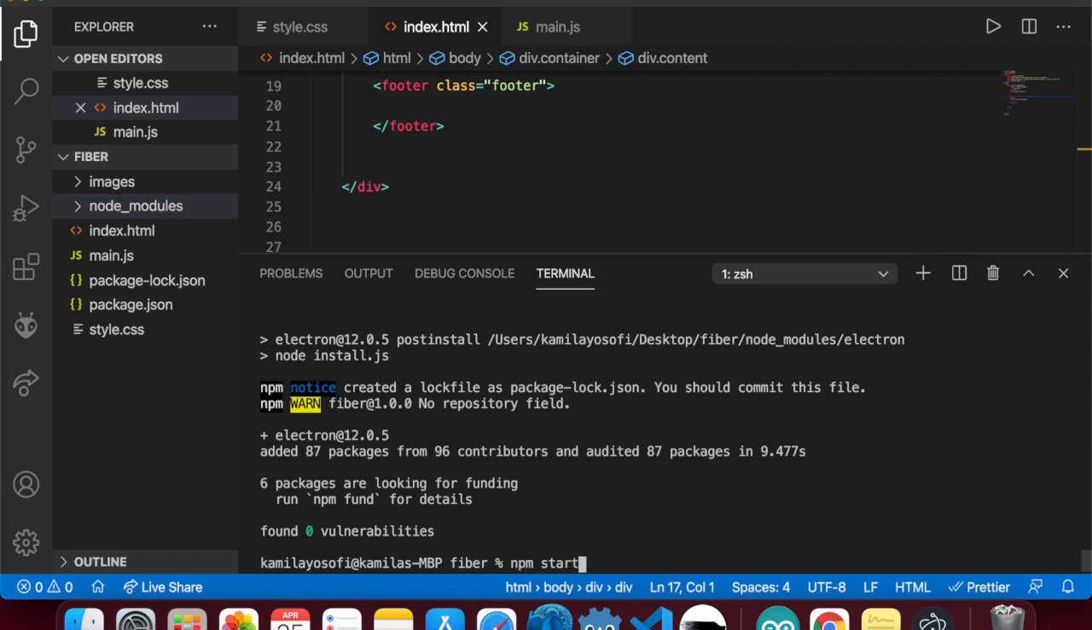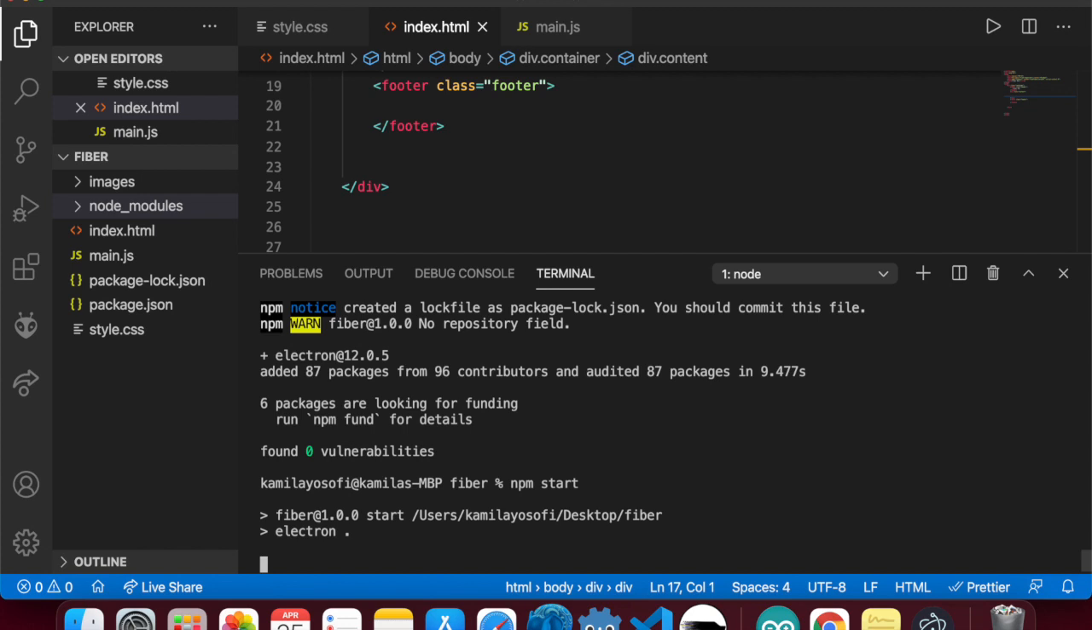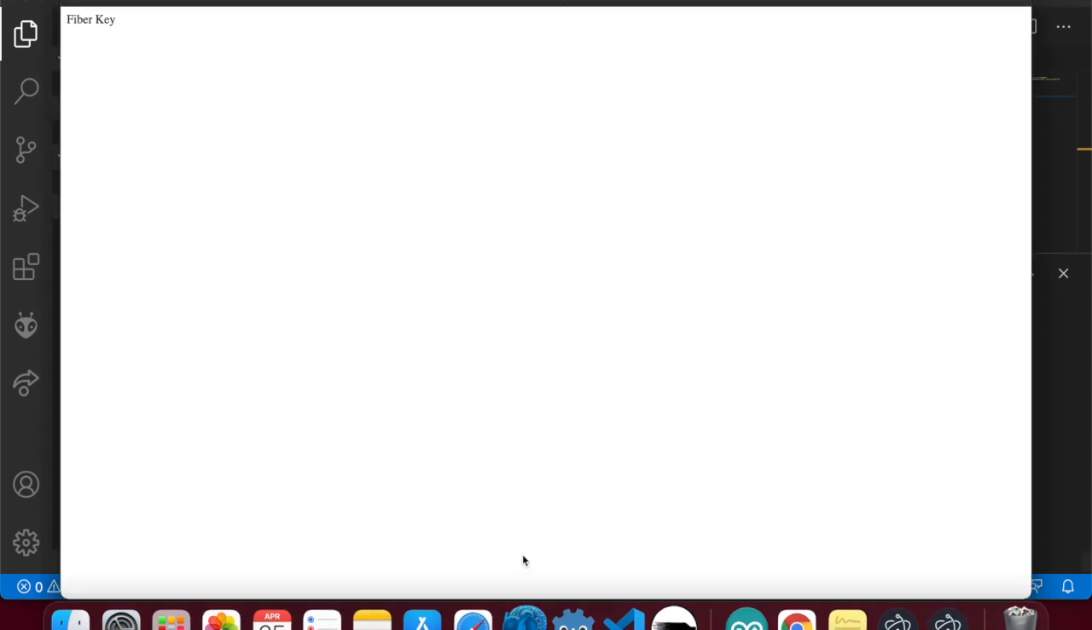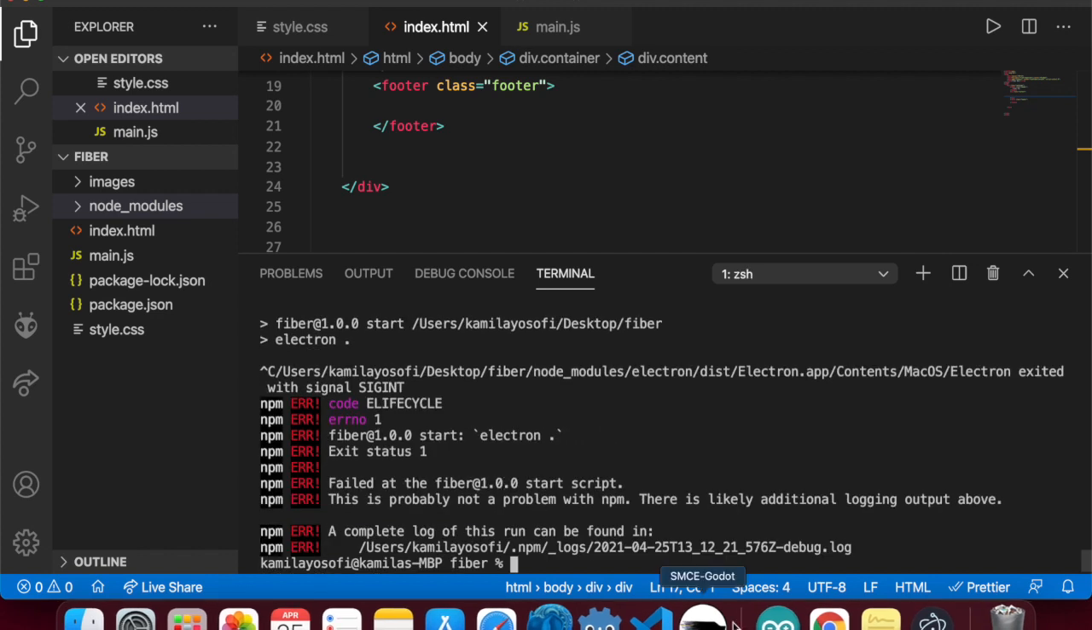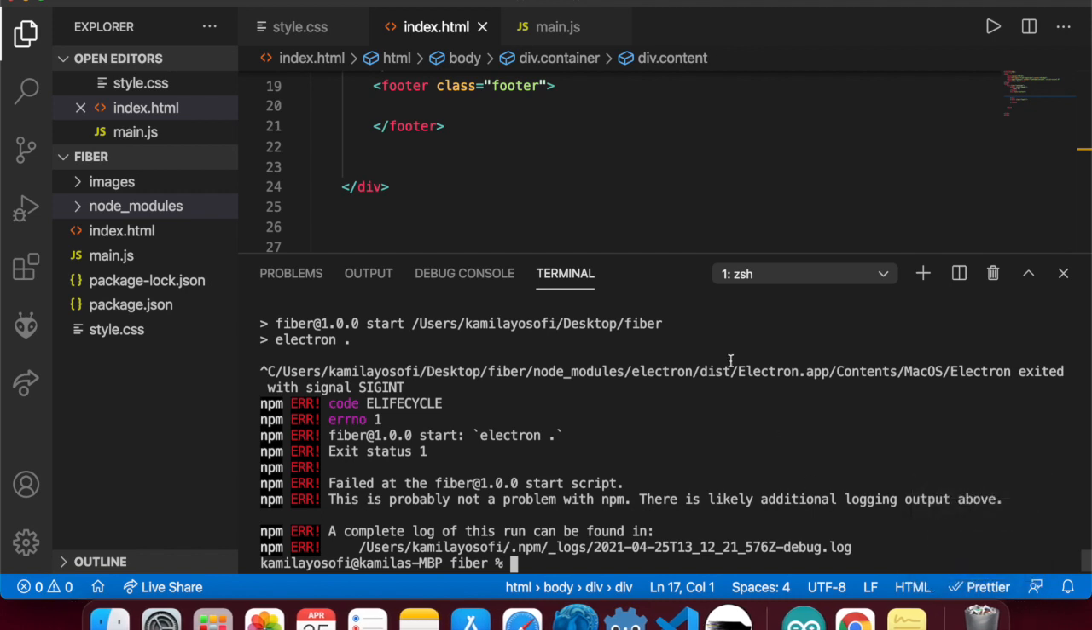That should be it. npm start. Fiber key is there. Okay, you have your first Electron application now. But there is no other style or anything. Don't be so excited. We have to add our other things. We're not done yet. Press Ctrl C to stop the Electron app from running, and then